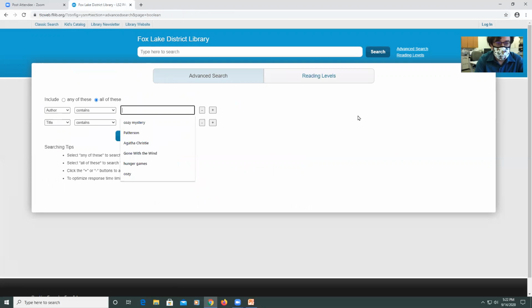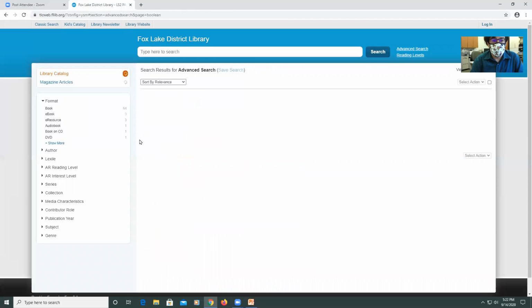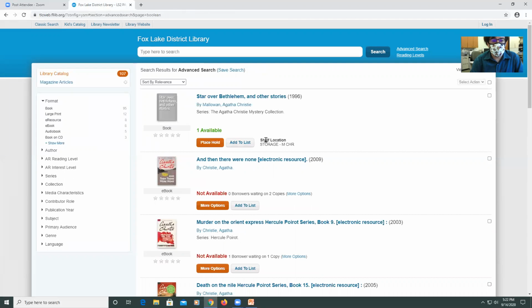For example, if I wanted to see Agatha Christie and what she wrote, under the author field, I type Agatha Christie, I do advanced search, and it brings up a lot of different Agatha Christie books. Let's say I just wanted to look at books. I can click on the format, book,